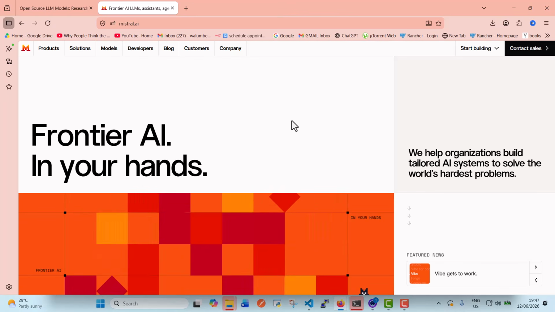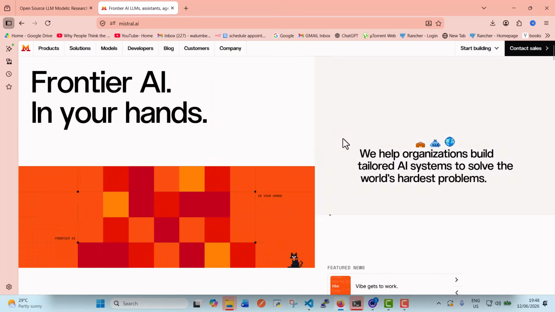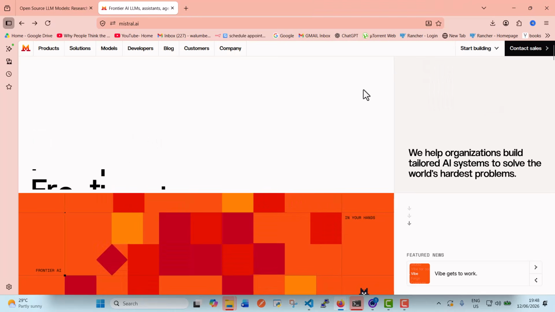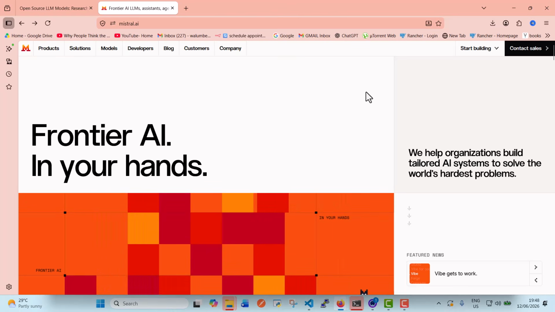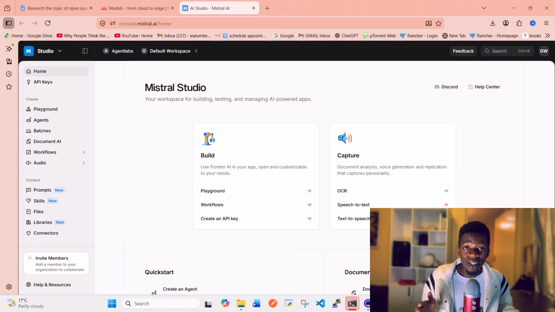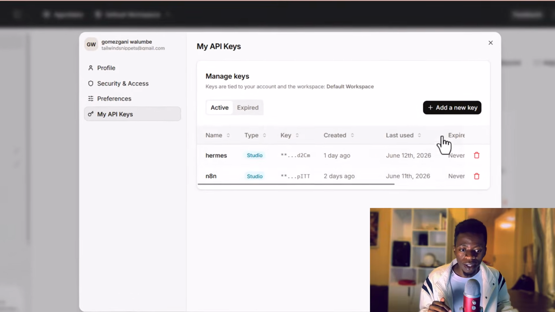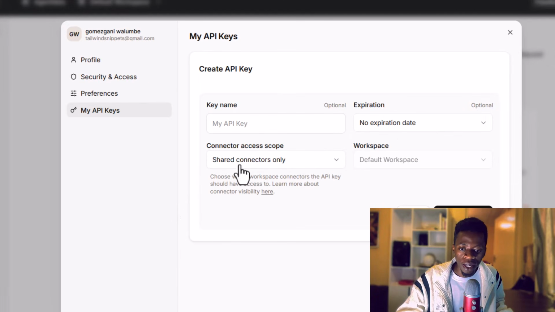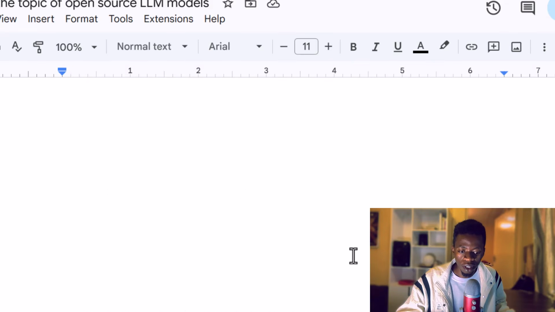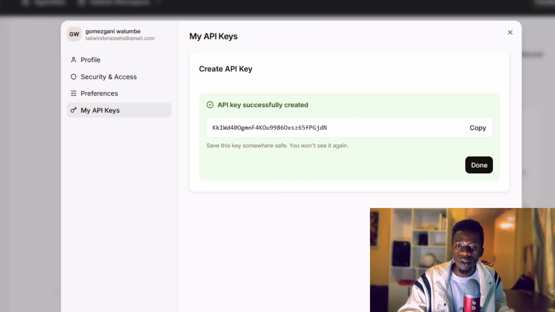Let's continue. So right here, when you hit their homepage, what you're going to do is click on Start Building, and then you're going to click on Studio. And right here, we are going to do two things. The first thing is we are going to go to API keys, and we are going to add a new API key. Once you've done that, put your API key and keep it safe for now. I'm going to just keep it somewhere here. And then you're going to go back and click done,